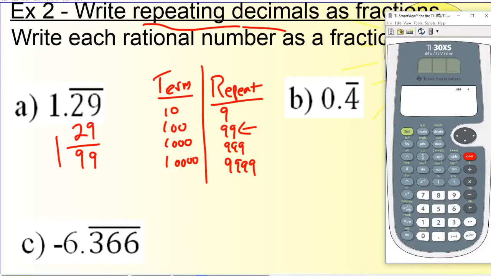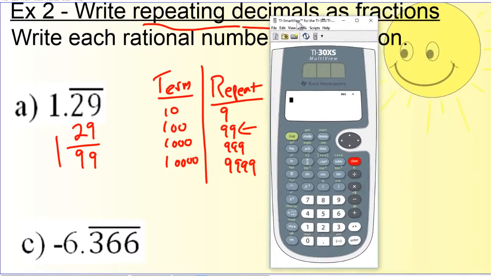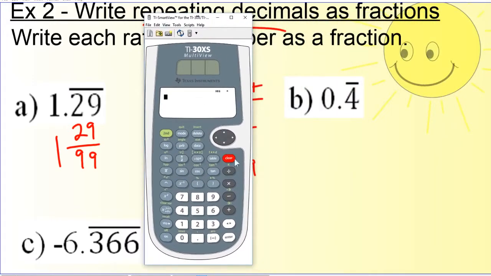Now, you don't believe me? You just want to verify for yourself? You want to make sure you're right? I love it. Check it. So, on your calculator, again, you could just hit 1 fraction 29 fraction 99. Or, we know this 1, when we divide this, is going to be a 1. If we just take 29 divided by 99, 29 divide 99 equals, look at that,